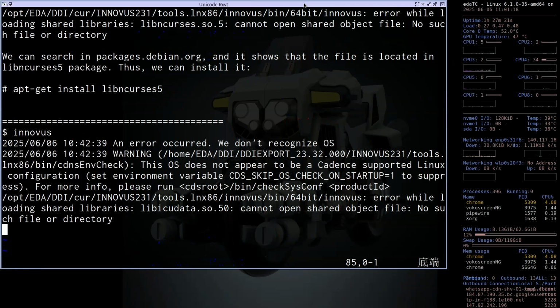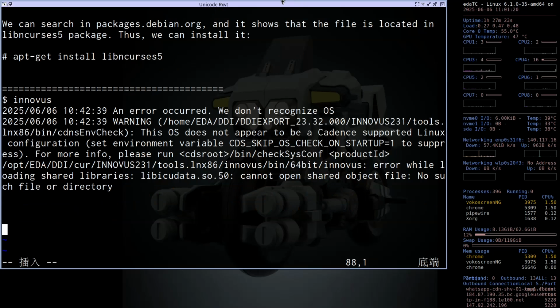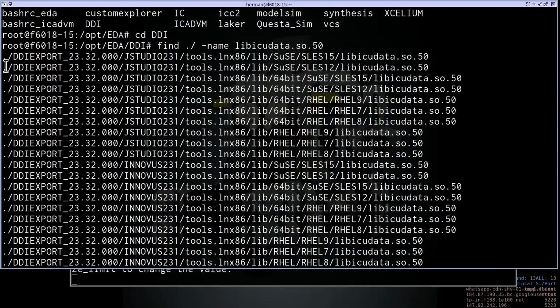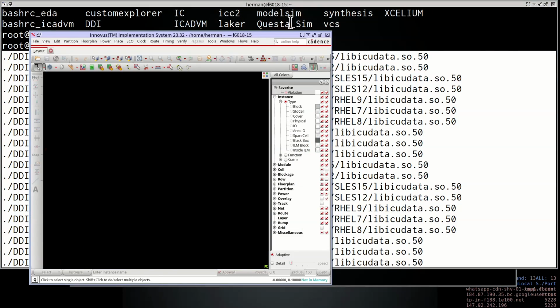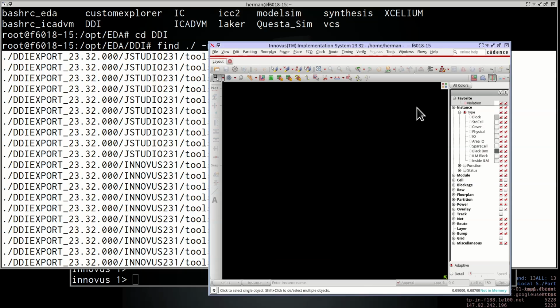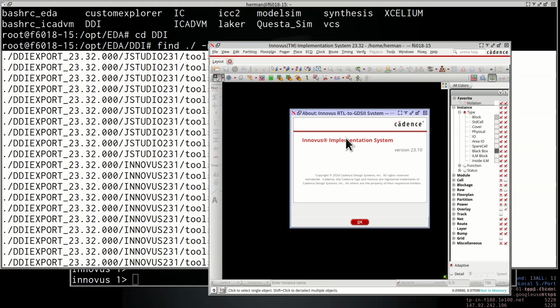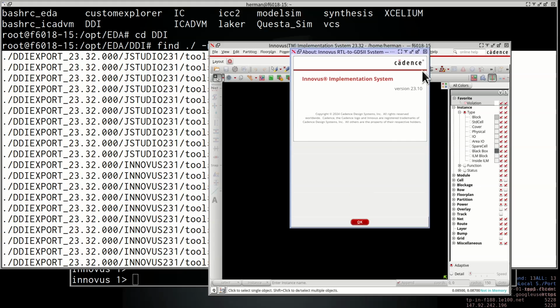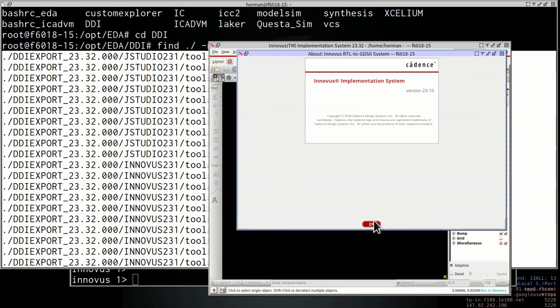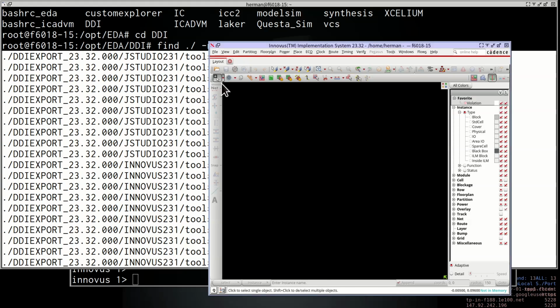So we needed to, okay, you see, I have opened Innovus. It took more time than I expected, but you can. This is Innovus version 23.10. So congratulations, you finally installed and ran Innovus. Then the rest part is the IC designer.